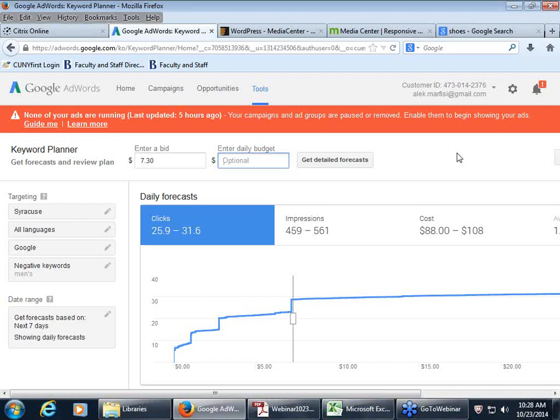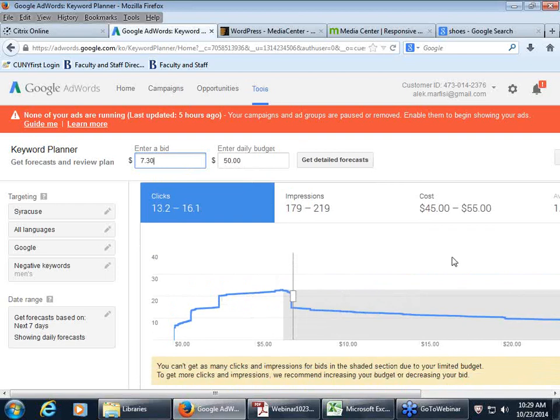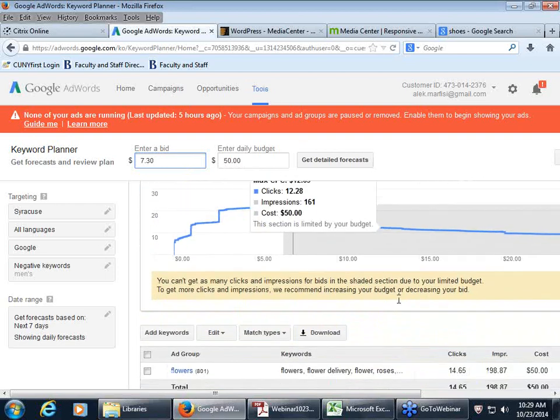You could spend up to $50,000 a day if it's something like cancer treatments on a nationwide basis. So you set a cap for how much you want to spend per day. So let's say this business wants to spend no more than $50 a day. Now, with this combination of bid, which we just selected before, and daily budget, it'll give you an estimate of the number of clicks you get per day at that bid and with that daily budget.